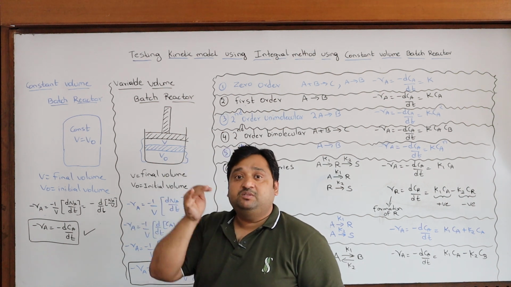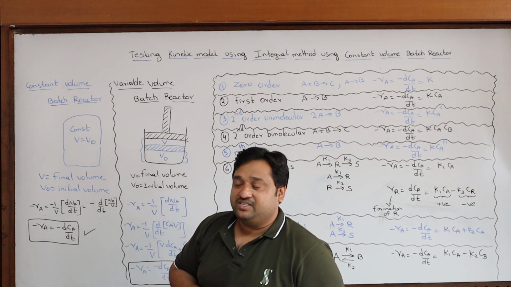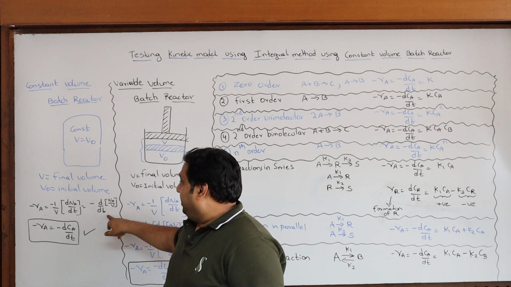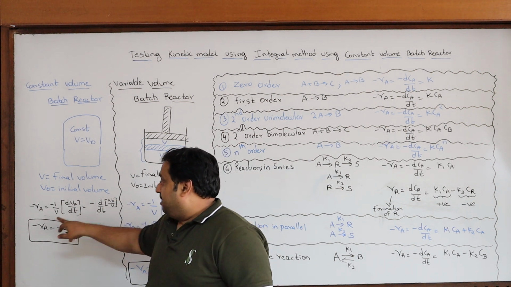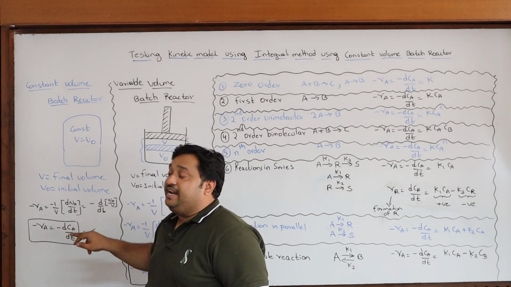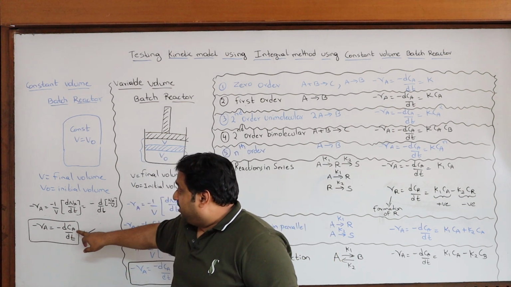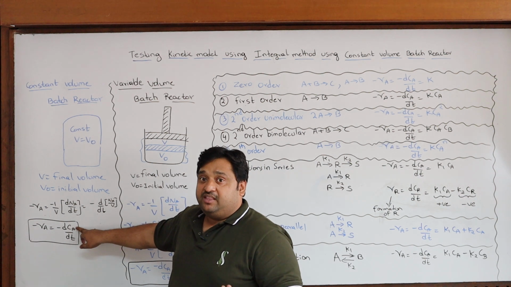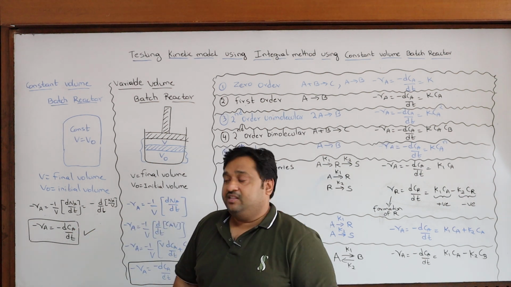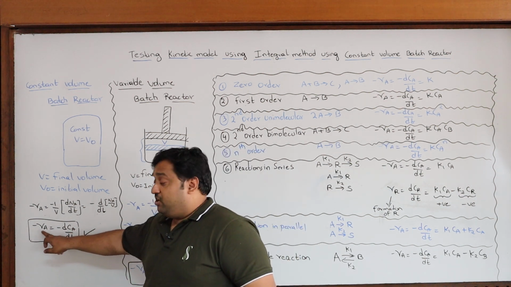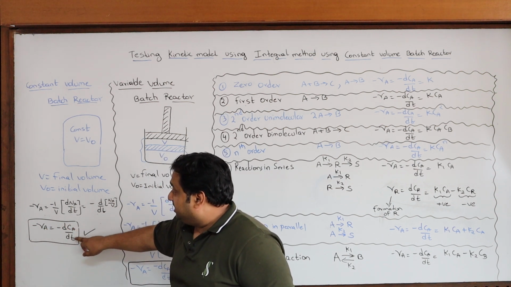Moles by volume is nothing but the concentration. That means d by dt of Na by V will become dCA by dt. Imagine, that means to measure the speed, we can simply measure the concentration, that is sufficient. That means if you want to measure the rate, you need to see how my concentration is changing with respect